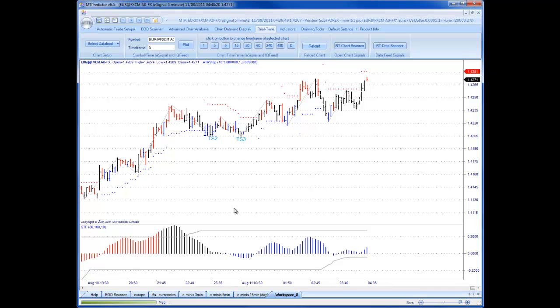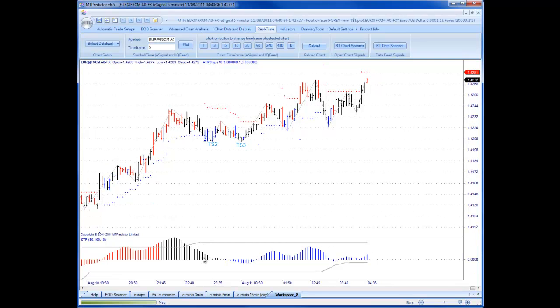So this is in MTPredictor 6.5. I'm using a feed from eSignal, using FXCM data, looking at some 5-minute charts. As you can see here, initially we had a couple of buy setups on the euro. If I look down at the STF, which is our strong trend filter, these were under a black stroke blue STF,